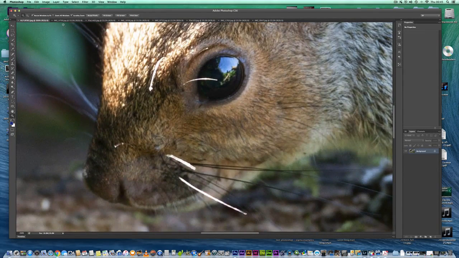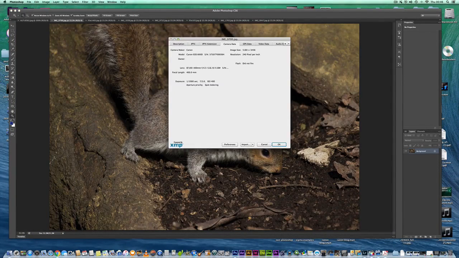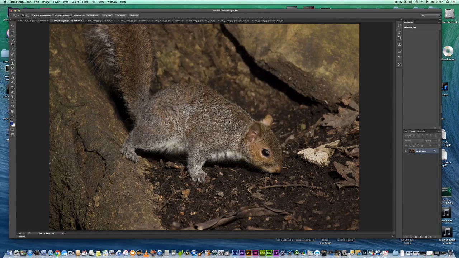Right, the next one is a Canon picture from the 100 to 400 Mark II lens. This picture you're seeing at the moment is obviously from the Contemporary 150 to 600. So this is the Canon picture. Let's have a look at the data. 400 millimeters,